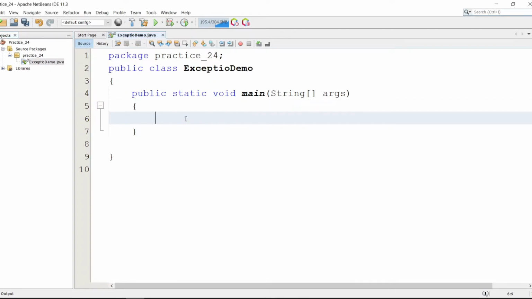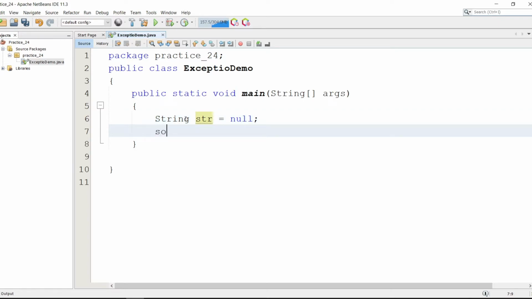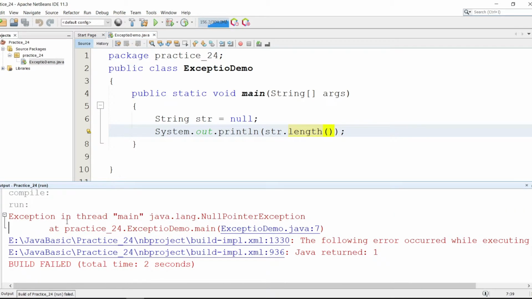Now at first let's see how the JVM or Java Virtual Machine handles the exception. Let's create one string here, String str equals, and I'm gonna define a null string. So whenever we print out str.length, now if we run this program, it's gonna throw the exception, saying exception in thread main.